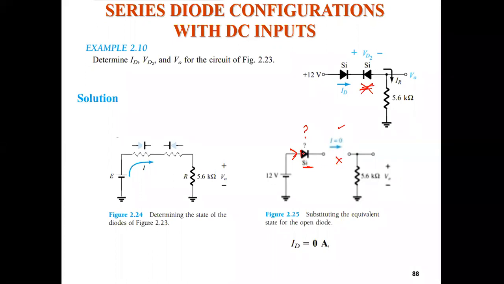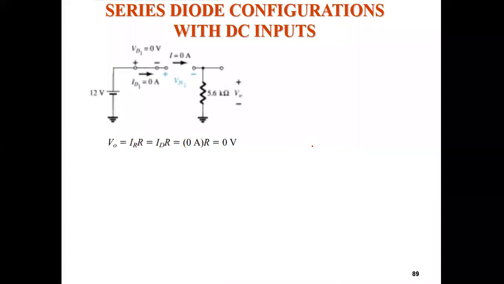So the voltage appearing across this first silicon diode will be equal to 0. You can say the voltage applied across this first silicon diode will be 0, and for the rest, you want to find out the VD2. You can calculate your VD2. After calculating, you will get that VD2 will be equal to 12, because this current, let us say this IR, is 0.